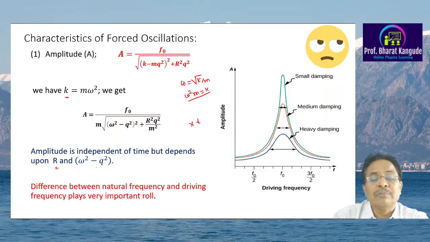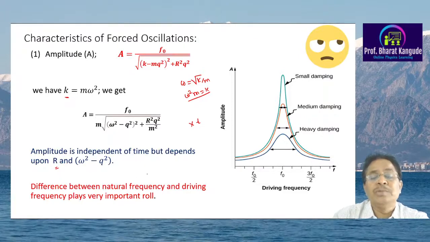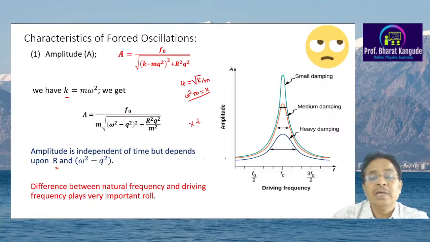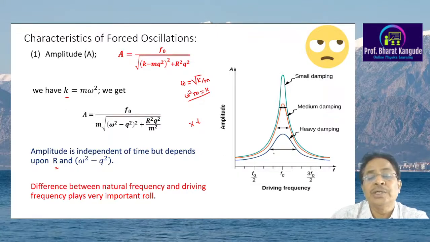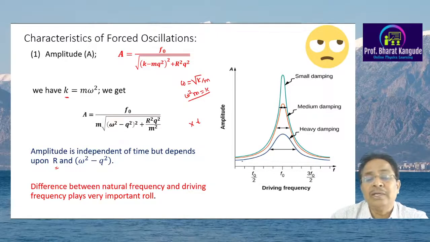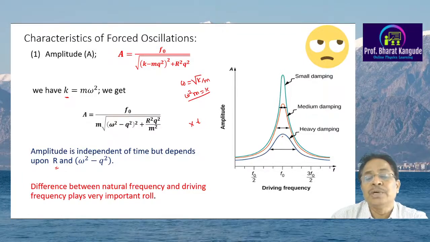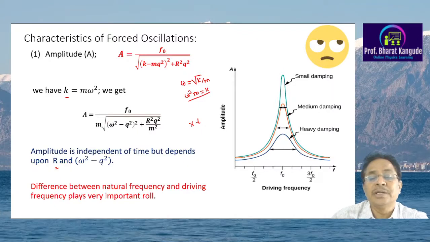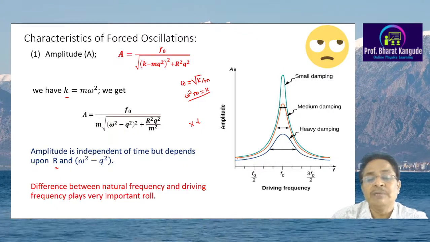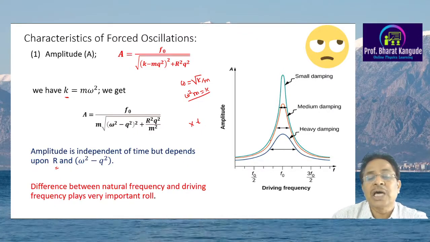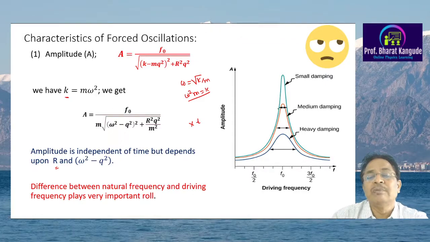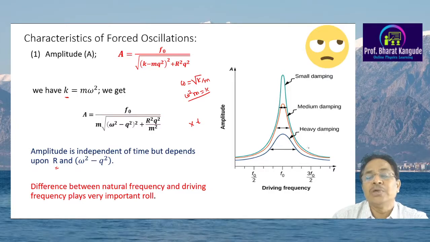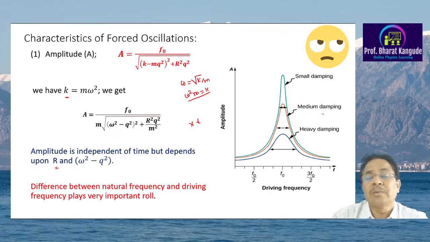And accordingly, when we plot this amplitude versus the driving frequency q, we get very interesting curves, as shown here. These are three different curves. When the damping is very heavy, we get the first curve as shown here, a somewhat flat curve. When the damping is intermediate, that means the r value is intermediate, the curve increases sharply, reaches a maximum, that is the red curve, and again starts falling. So this particular curve is for the medium type of damping.